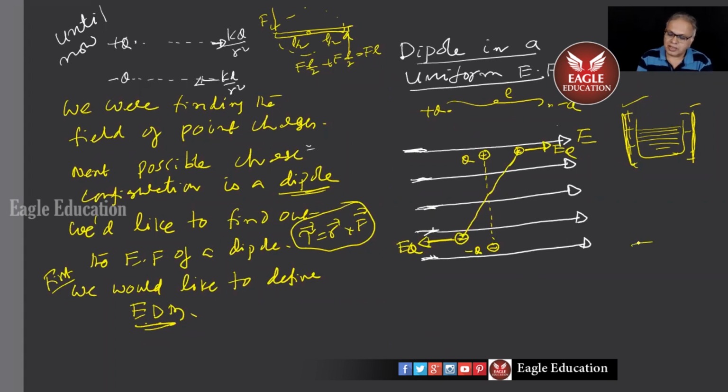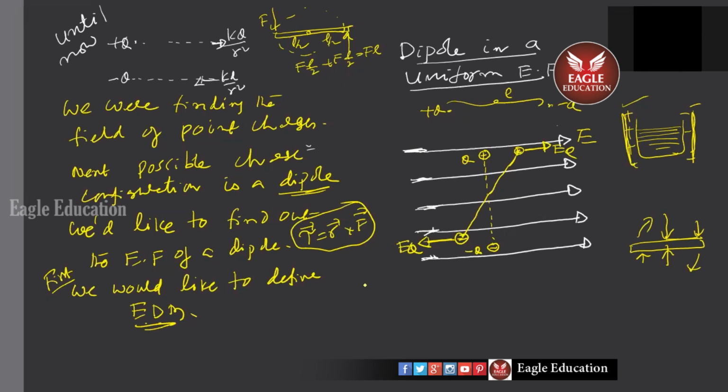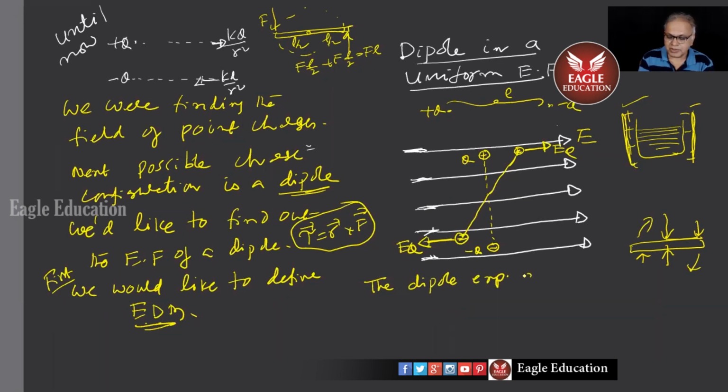If that rod, if the two forces act exactly opposite to each other, like this, along the same line of action, they cannot produce a torque, they cannot produce a force. But one force will act this way, another force will act this way. This will produce a torque due to which it turns this way. This will produce a torque which will turn that way. So you'll say F into L by 2, F into L by 2 is FL, like that you'll say. Is it okay? So we should write here. The dipole experiences a torque.